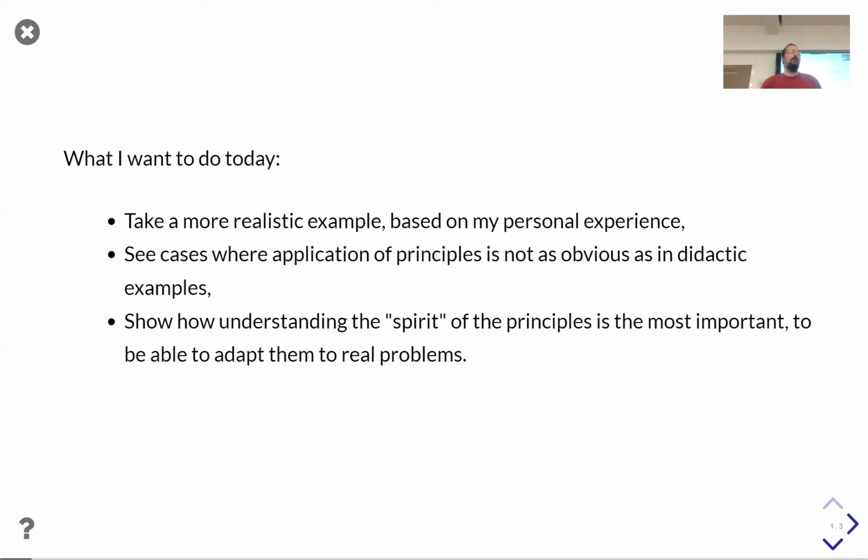although in fact my example will itself be simplified compared to the actual problem I was dealing with, based on my personal experience. And it will not be so obvious to identify exactly the programming principle that we are going to use, to say, oh, okay, it's principle A, principle B. It's more a general reflection about the kind of bad things that can happen if you take bad decisions about the architecture. And so we are going to deal with the spirit of the principles rather than their letter.